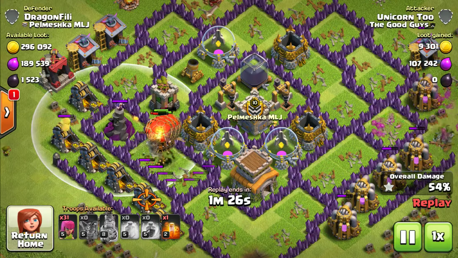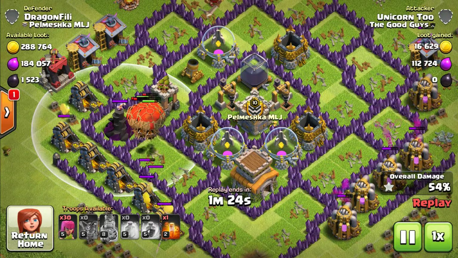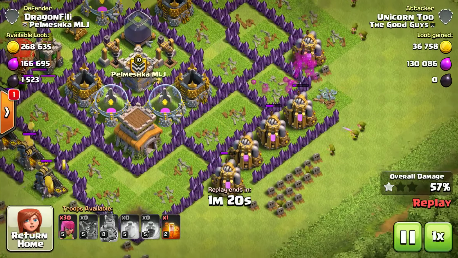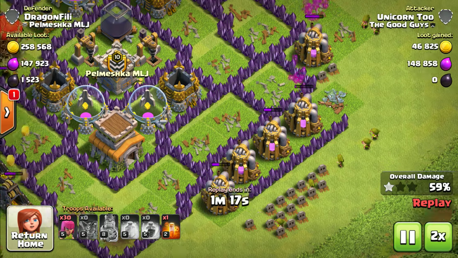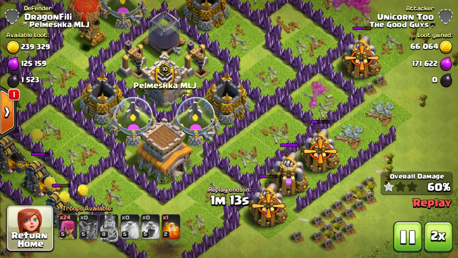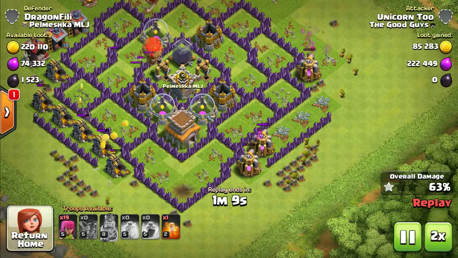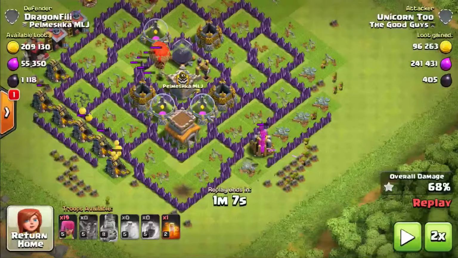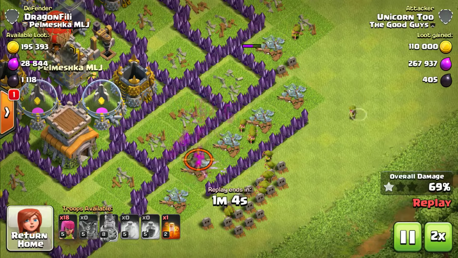Wizard Tower can sometimes be a problem for the balloons when they're clumped up nice and tight together, but he didn't manage to take down more than a few. So we'll actually speed this up a bit. You can see the balloons finish everything off there. I'm starting to put more archers, but still have 19 archers in reserve. And the goal here is at this point